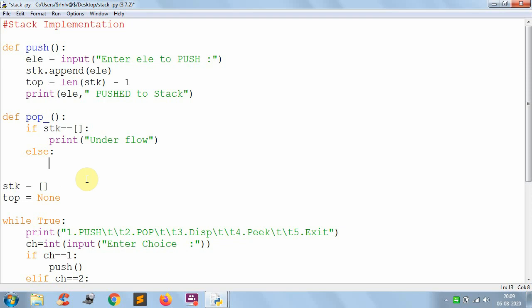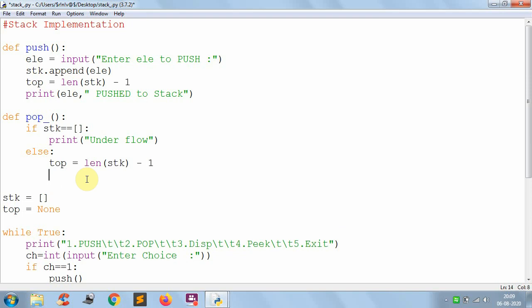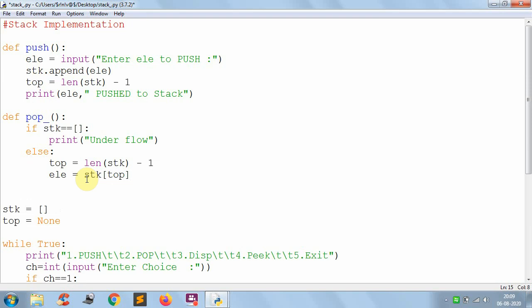So how to do? First you have to get the top value, that is len of stk minus 1. So I found the top value. Now keep the top in some variable for printing purpose, or else this one is not mandatory. Stk of top is going to be deleted, so this element I want to delete. I temporarily stored this in the ele variable.